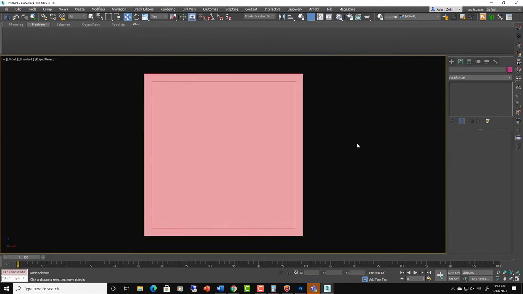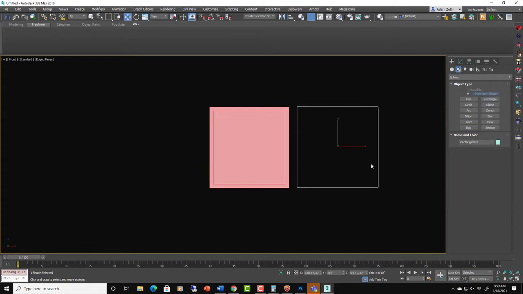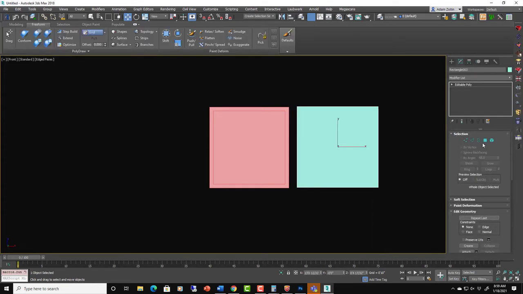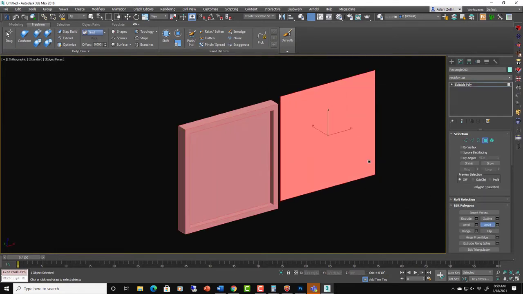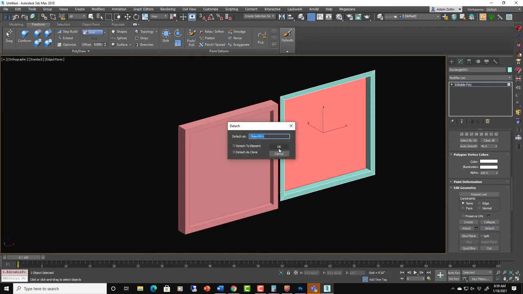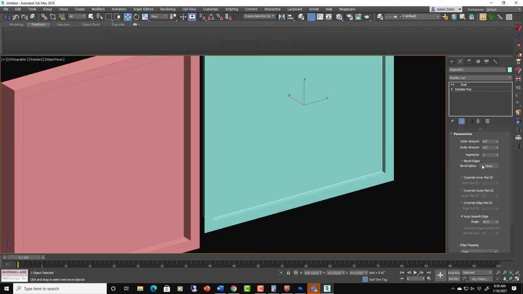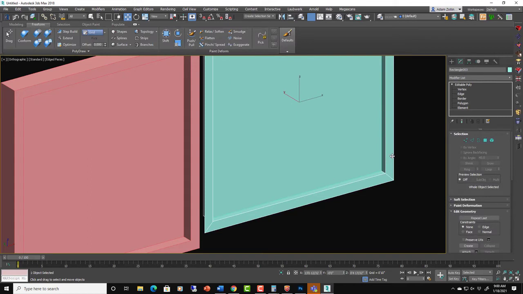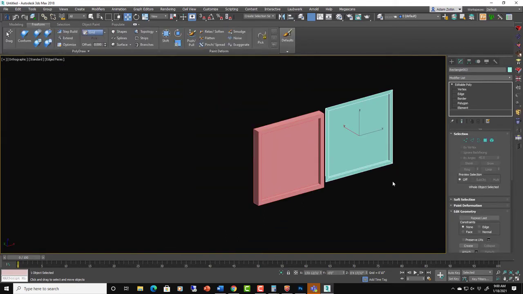Great, very, very basic. Now, what if this was polymodeling? Let's look at an example. Okay, convert to edit poly now. And of course, polygons have tools inside of them that can easily make this into a window too. We can do an inset and an extrude. Okay, and if we wanted thickness to that glass, we could maybe detach it, add a shell to it. Obviously, this is different. It's not an extrude now. Okay, we can shell it, 0.5, just like we extruded the other thing. And then maybe we could attach this back to the original.